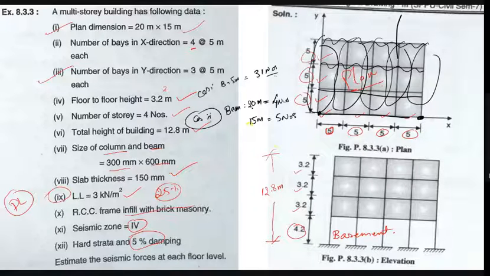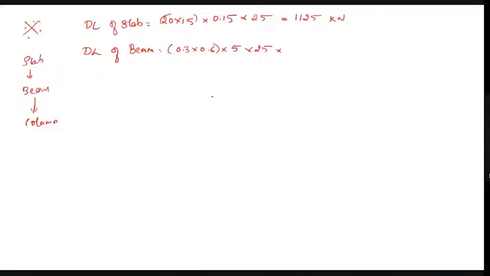In case 2, I am dividing in the horizontal and vertical direction, the x direction and y direction. In the x direction I am taking beam length equals 20 meters. How many beams am I getting? 4. I am taking 15 meters, so I am getting 5. So there are different ways to calculate the number of beams. Now here, I have taken beam length equals 5 meter. Therefore, there are totally 31 beams.